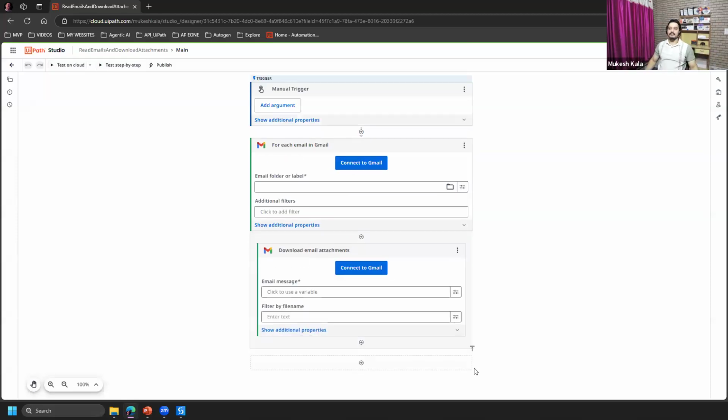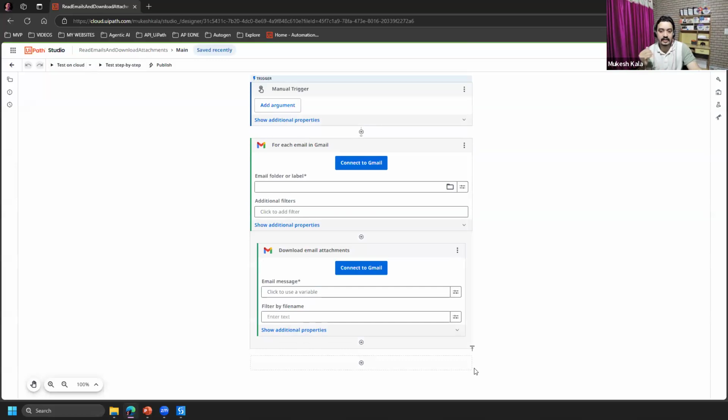And here it is. My automation is ready. It has given me that automation. Now, coming to that question: as of now, this is connecting to my Gmail. It has to read the Gmail. But did we tell it which Gmail account?